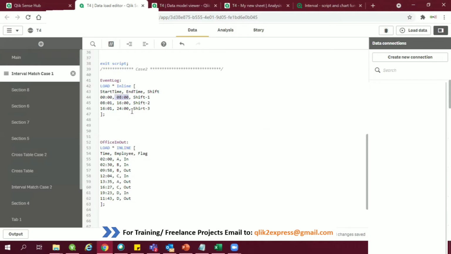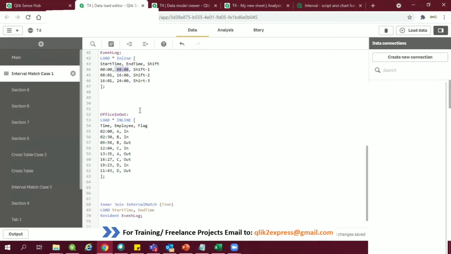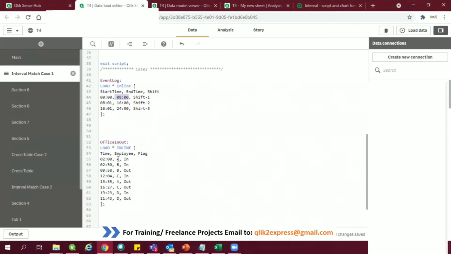Now, employees come in and out. Every time they swipe in, a flag is generated, and the next time they swipe, it will be swipe out. So I have created an in and out flag. If you see over here, I have created a flag for four different employees, A, B, C, and D. For A, B, and C, I have kept an order, and for D, I haven't kept that order, so as to tell you that even if this table is not stored in order, it's going to give you the correct result.